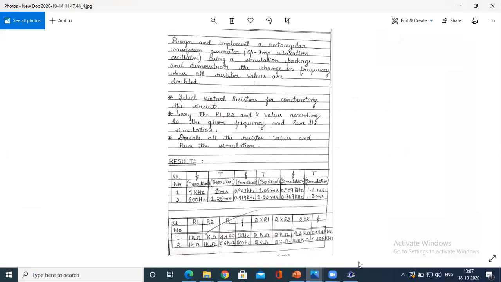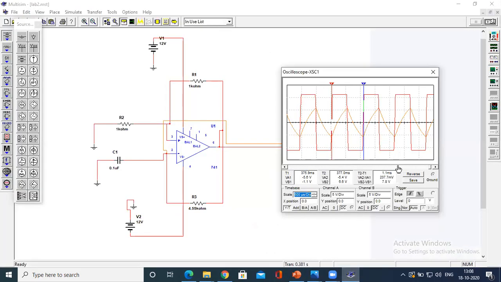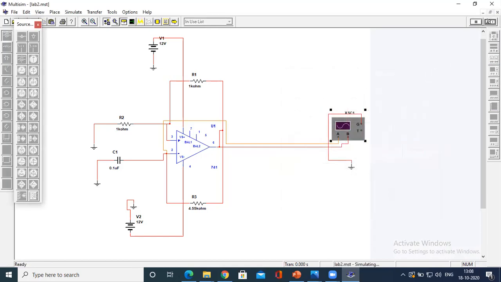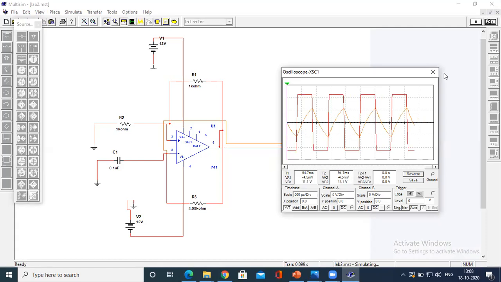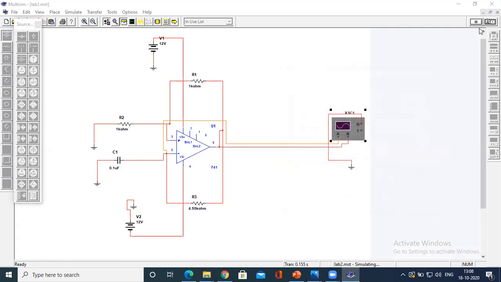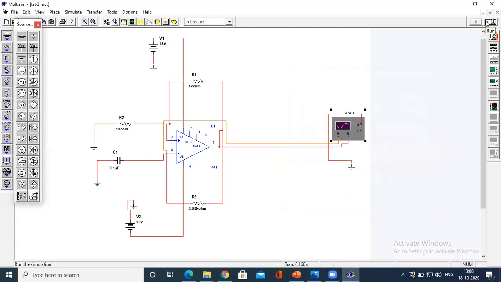This is all the experiment that you have to do, and you have to show in the simulation. Okay, so you can stop the simulation and you can verify. Fine, and you can close it. When you run the simulation, nothing is being observed. See, it is running, so you have to double click the oscilloscope. So very easy experiment. So first let us install this Multisim and you execute this experiment. Okay, let me stop.